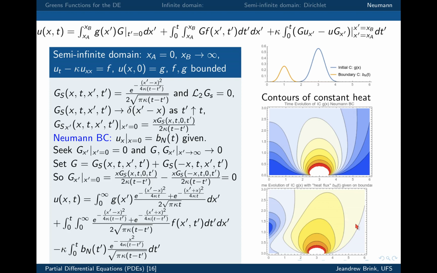Okay, the next one, but I think I'm actually going to do it tomorrow because I want you to go through these things. The next thing I'm going to do is actually look on a finite domain. In other words, if you have x equals to 0 and say xb equals to a, I'm also going to try and work out the Green's function. But this time, just as what we did with Laplace's equation in the box, where we did a Fourier series expansion, I'm going to use that technique, which is a slightly different method of finding the Green's function rather than constructing it out of the self-similar solutions. Okay, so